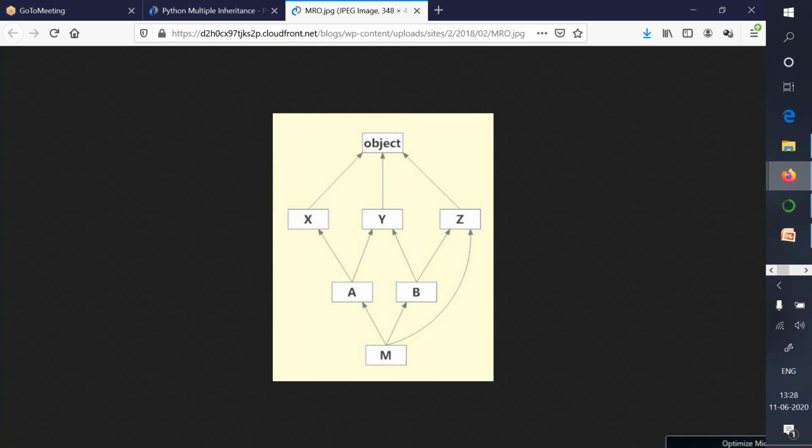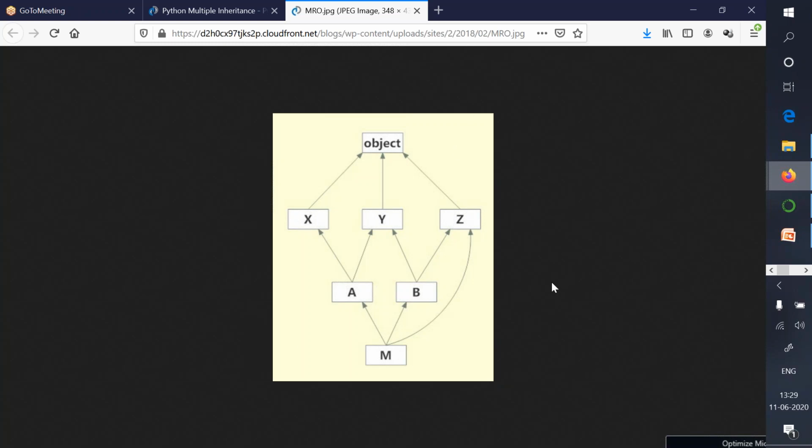So practically, if you are dealing with such kind of scenarios, then obviously something is wrong, because your inheritance structure shouldn't look that complex. Your inheritance hierarchy should be simple to understand, should be very simple. But anyways, if you are dealing with this kind of inheritance structure, then it will be very difficult for you to predict in what order different methods will get called if the methods with the same name exist in all the classes. So let's try to implement this thing.